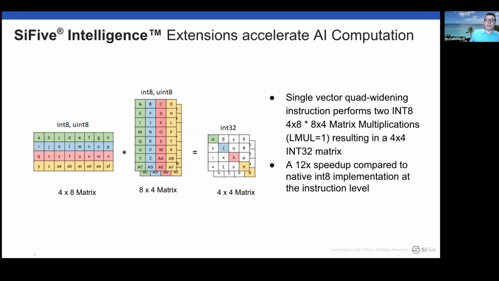Speaking a little more about this special extension, it's important to mention because one of the key aspects of a successful solution is being able to address the huge computation demand in these neural networks